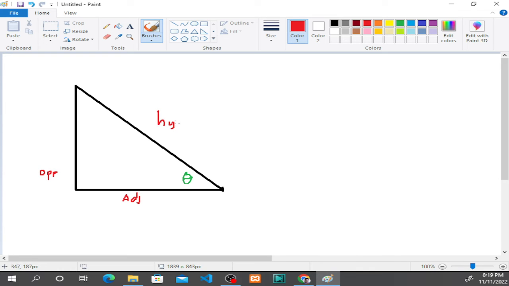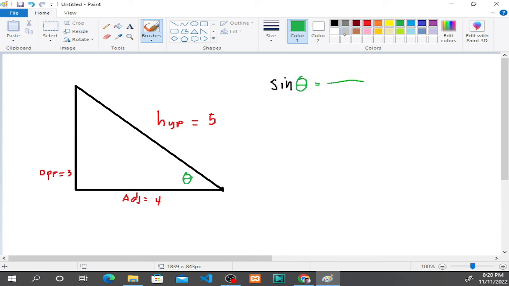Then this is our hypotenuse. We have the values as 5, 4, and 3. Let's say, for example, we need to know the exact value of the angle. So we write sine theta is equivalent to